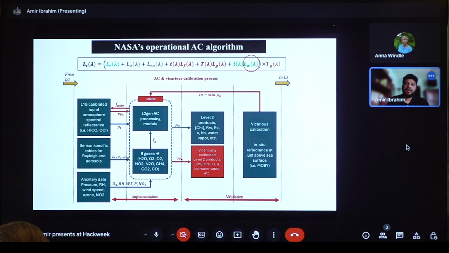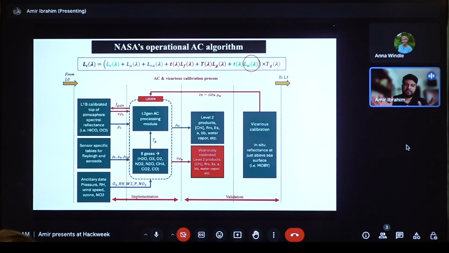This software is called L2Gen. L2Gen is the part that does the processing from level 1 to level 2. There are other parts of the code that do level 0 to level 1 and level 2 to level 3 and 4. So I'll focus on L2Gen, which takes the calibrated, geolocated and navigated top of the atmosphere reflectances